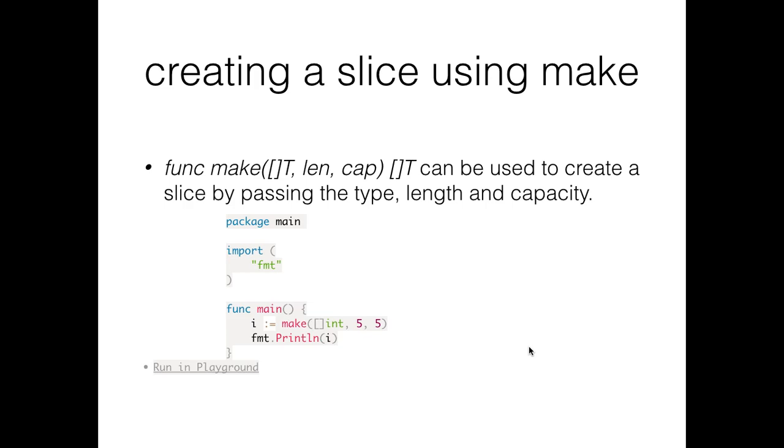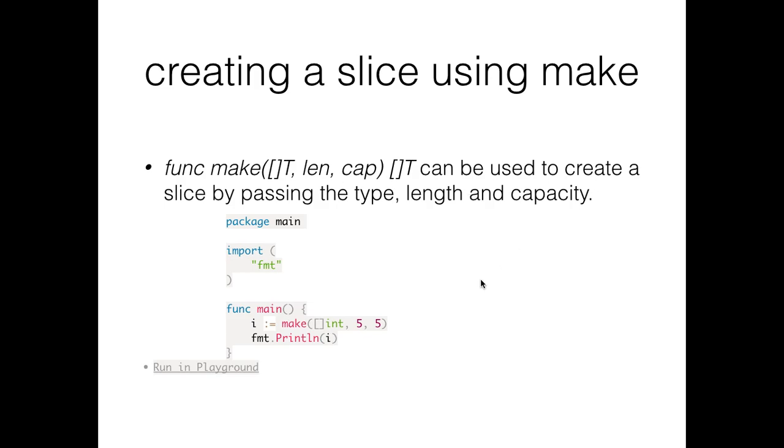Now let's look at a slice using a make function. We can also make a slice using the make function. Make takes three attributes: the first one is the type, the second is the length, and the third one is the capacity. The capacity attribute is optional, so you can ignore capacity and only pass the type and length of the slice, and it will create the